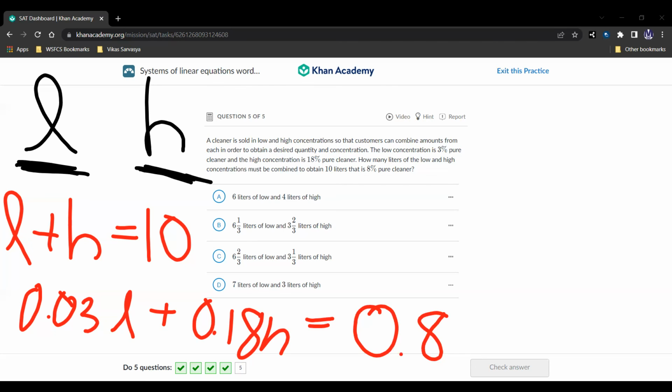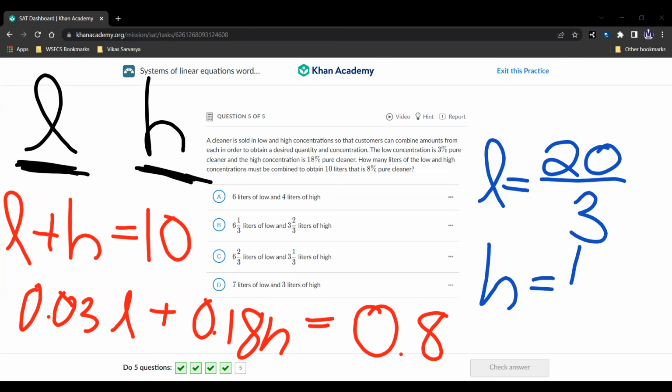So then we have 0.5 and we divide by the 0.15 and we get 3 1/3 liters of high, which would be 6 2/3 liters of low. So essentially we can write L is 20/3,